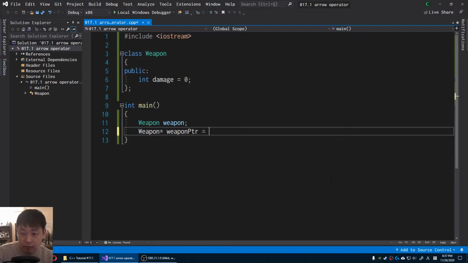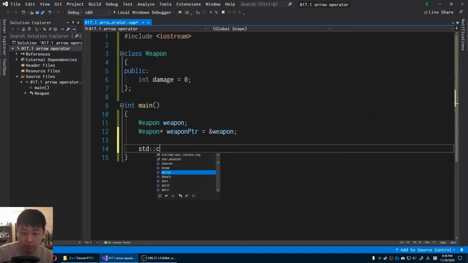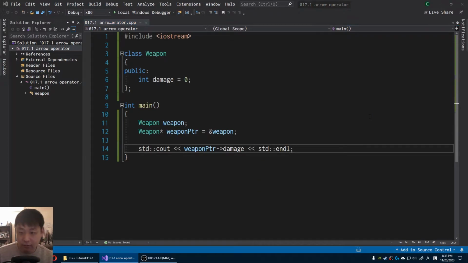weaponPtr, I'm going to put the address of the weapon into the pointer. If I were to get to the damage variable through the pointer, I would use this syntax: weaponPtr, the arrow, and then damage, and the line. And if I run this,